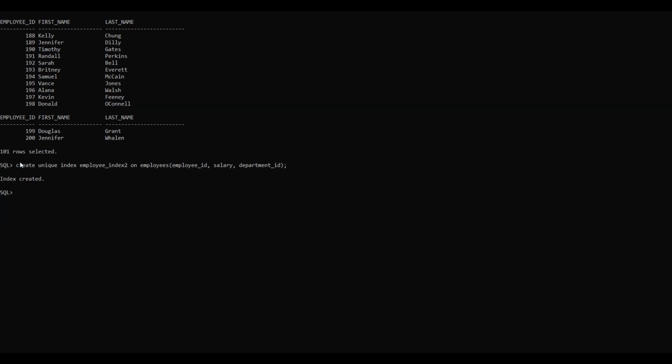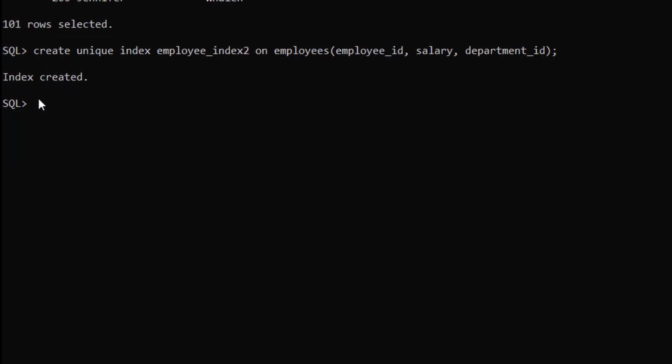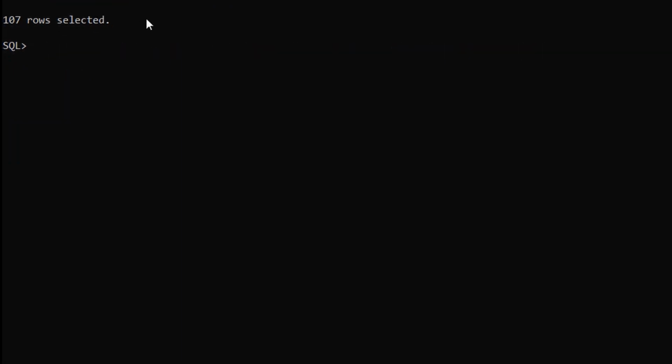So in this way, we can create multiple indexes to speed up the retrieval process from a certain table in a database. If you want to drop an index from a database, it is a very simple process. We have to use the drop command here. For this, we just have to type drop index and the index name. So in this example, we will delete the employees index which we have created earlier. Semicolon and enter. The index has been dropped.